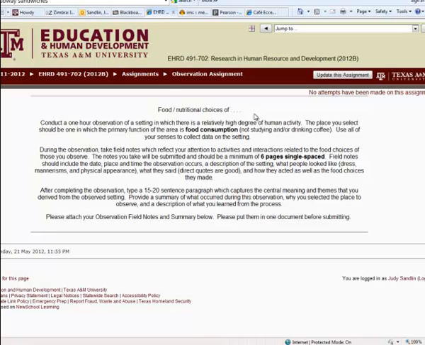I think that's what makes this assignment particularly interesting, because it's food choices at the food mall. You might be observing people right after the Cinnabon biscuits came out, and does that influence what they chose, or the chocolate chip cookies, or the bread coming out of the oven at Subway. So you can use all of those senses to observe people making food choices. And again, you're looking at